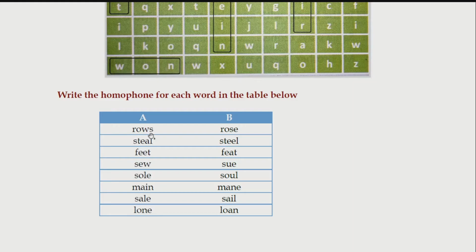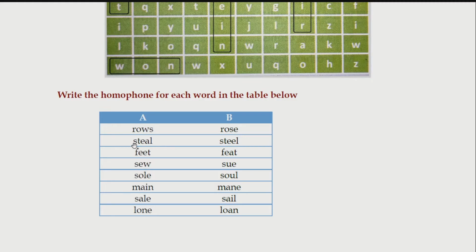ROWS. And this rows means you can see in this table itself, this line, this line, this line, all these are known as rows. And the homophone for this is ROSE, rose. And this rose means it is a name of a flower. And this also is known as the past tense of RISE. You can take the example of the sun rises. And if you make it into the past tense, it will be the sun rose.